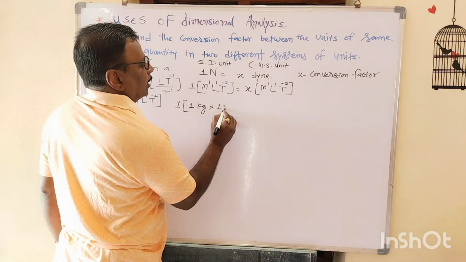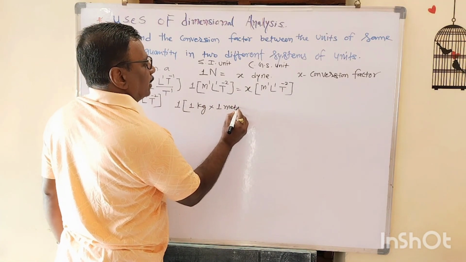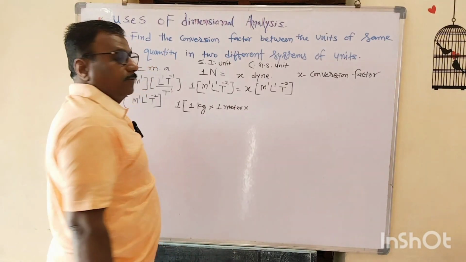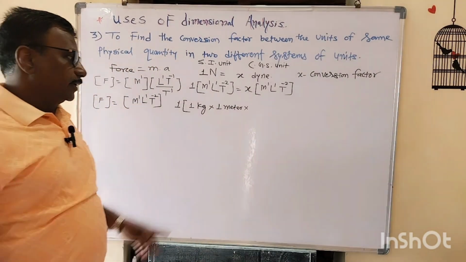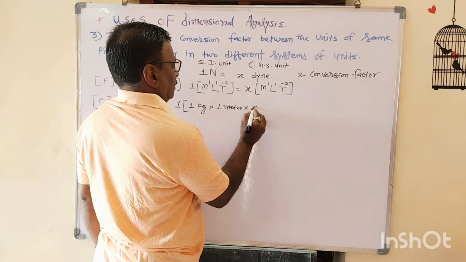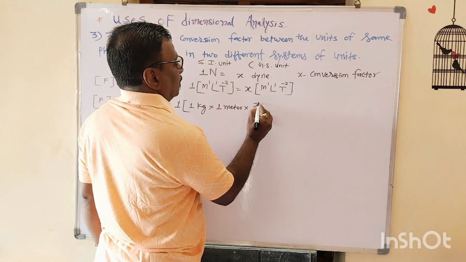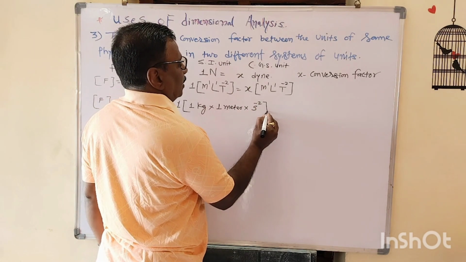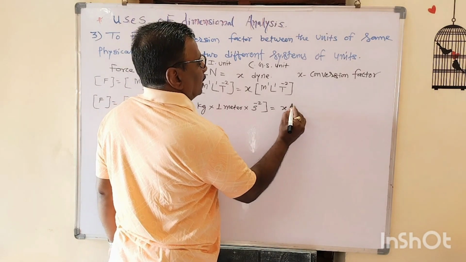So we write here 1 meter into time. In SI system, time is measured in second. So we write here second raised to power minus 2 is equal to x